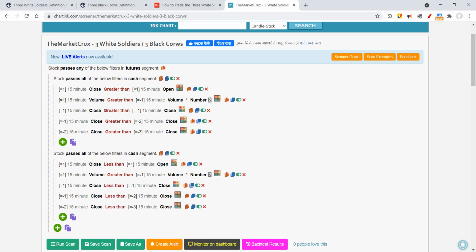Let's just quickly cover what validations or what kind of screening criteria this particular screener has. So this actually checks for the first 15-minute candle. So every day morning around 9:30 or after 9:30 you can run this screener. This covers both of the scenarios. This first subsection is basically for the three white soldiers. So this checks for all bullish stocks for the day, where you can go for long entries.